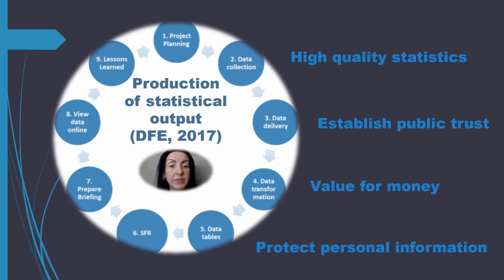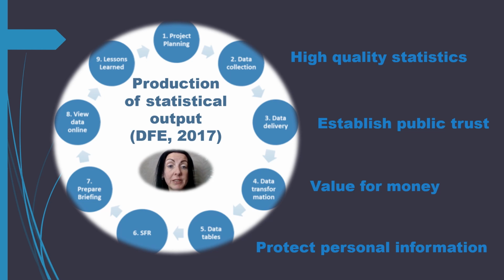These are the 9 stages the DFE used to gather statistics and measure the quality assurance process at every stage. The quality of the statistics they gather from this cyclical analysis forms the basis for continual improvement, but not every stage is needed for the outputs, and quality assurance should use adequate resources relevant to the stage. Too much resource is not cost effective for the general public, and too little resources increase the likelihood of errors within the gathered data, and those errors have the potential to undermine public confidence, as well as impacting on budget